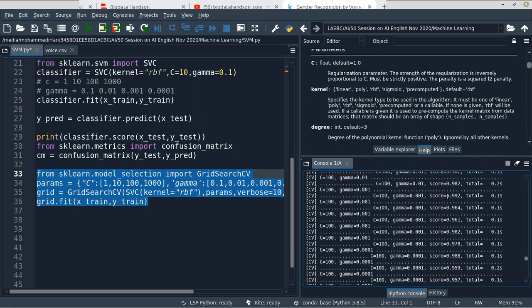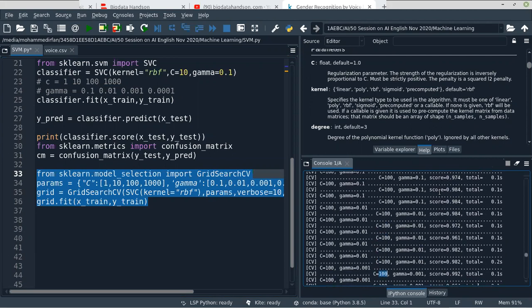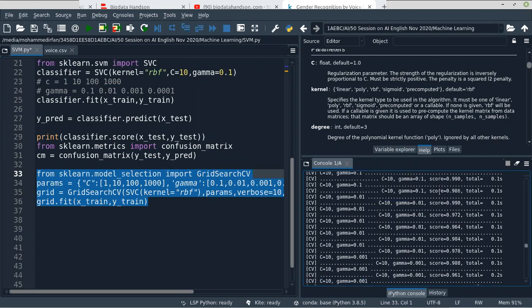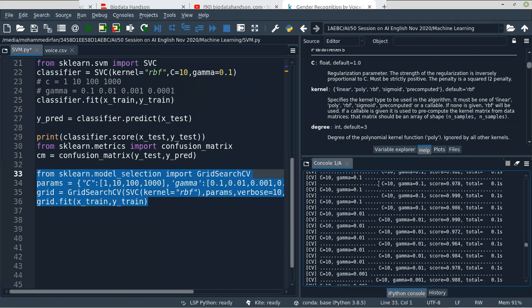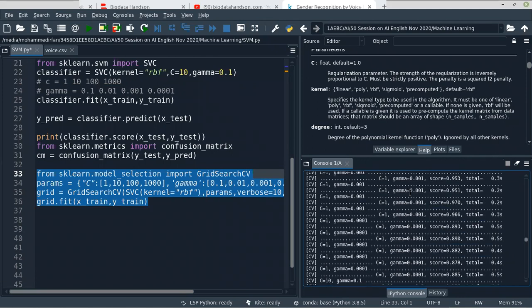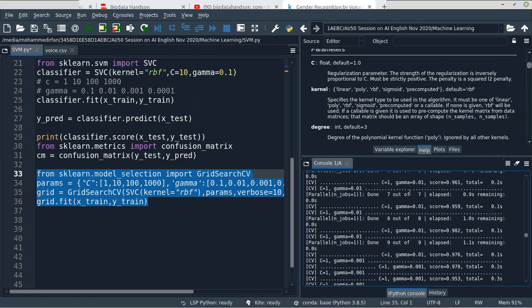Here also we have 0.992 with the combination C 100, gamma 0.001. It will try the combinations of parameter values and then give you the score. So after this result, you can select the right parameters.